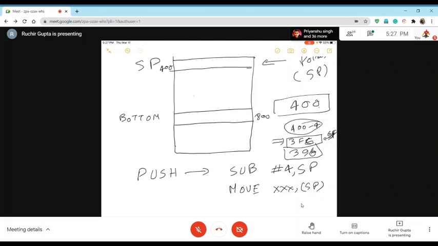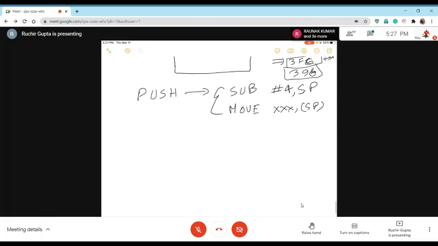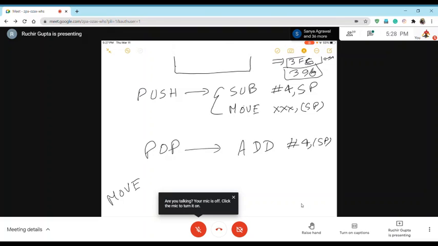सर पॉप के लिए 400 प्लस 4। नहीं, ये जैसे आपने ये 2 लाइन्स यहाँ लिखी पुश के लिए, पॉप के लिए की क्या लाइन? सर ऐड 4 कॉमा SP। और आगे? और सर पॉप के लिए या तो प्रिंट कराना या फिर डिलीट। डिलीट होता ही नहीं बेटा कुछ। There is nothing like delete. ऑपरेशन तो वही होता है, मूव, लोड, स्टोर, ऐसे ही ऑपरेशंस हैं। ये ऐड डिलीट कोई ऑप्शन नहीं होता।